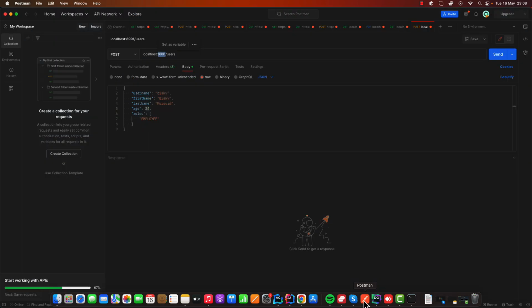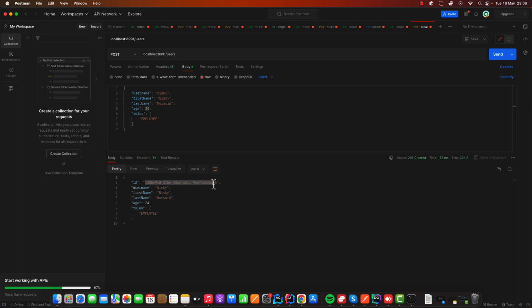So let's test this one. You see the ID, we are able to test this one. You can see a new ID was created here. This is the ID. You can see on our request we didn't send an ID, but we get an ID on the response, so we are able to save our user. We can test this by looking